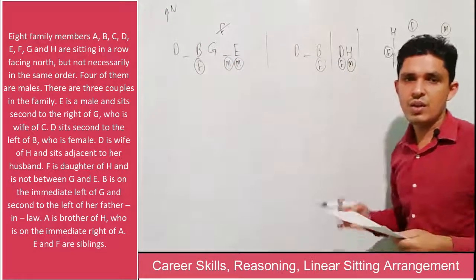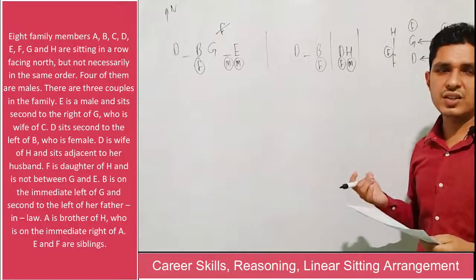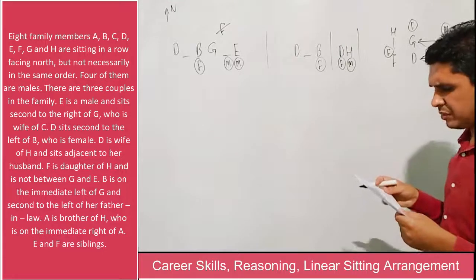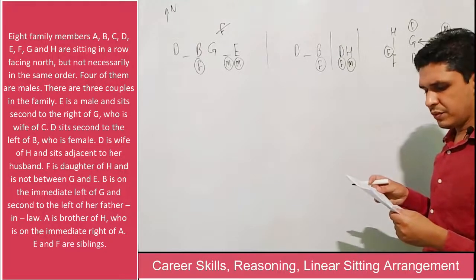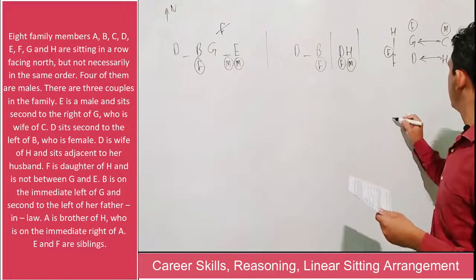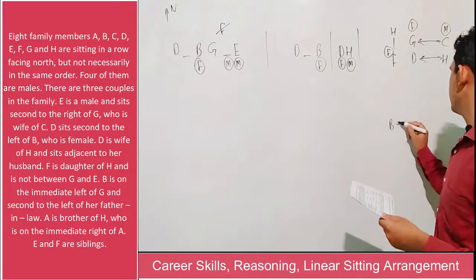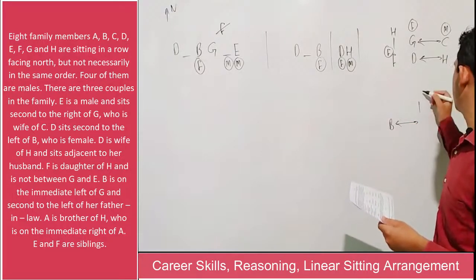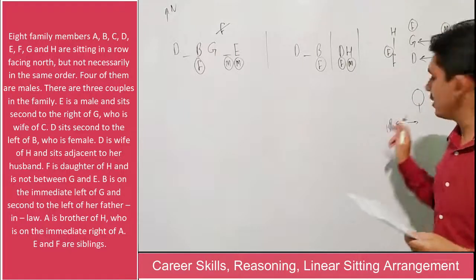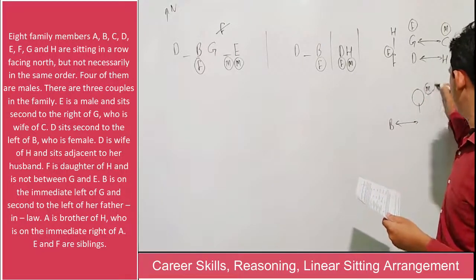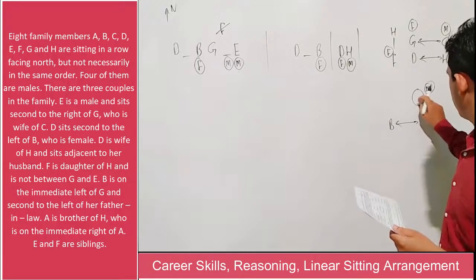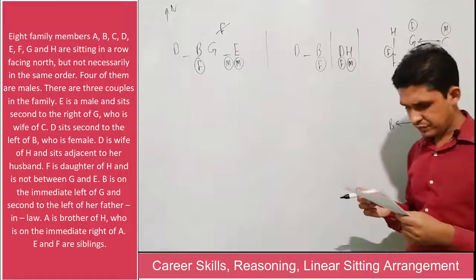And if we come to draw the blood relation arrangement, like the father-in-law of B, so this will be second to the left of her father-in-law. That means B and the spouse of B, whoever it will be, he will be the father-in-law. So if he is a father-in-law, that means this will definitely be a male, right? Whoever B will be there, we can place the name.